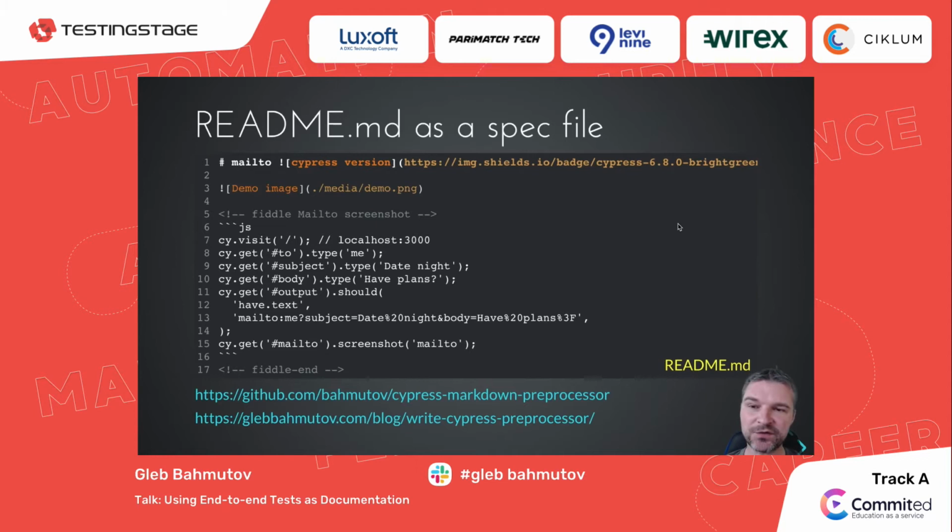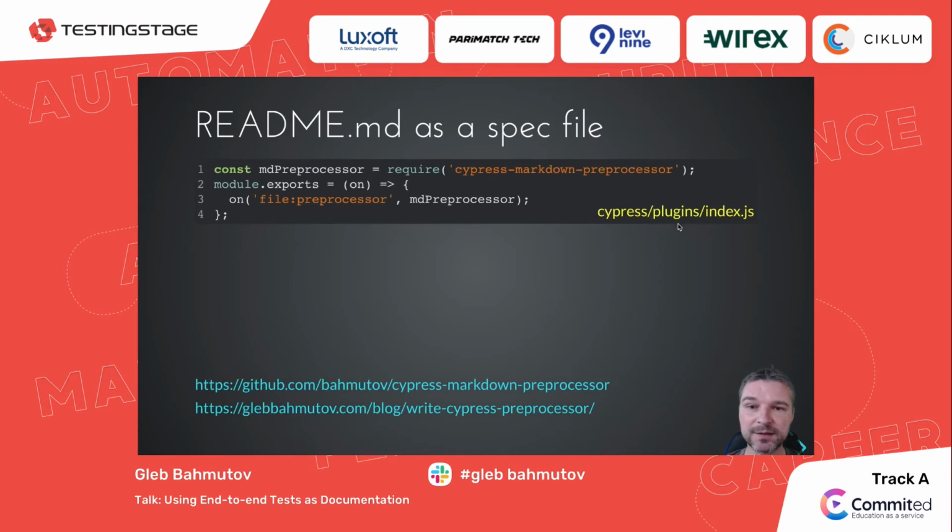Here's where the idea of using Markdown, in this case the README Markdown file, as a spec file comes from. I can take my README Markdown file and I can embed what I call a fiddle. A fiddle usually means like a code sandbox, a playground, some piece of code that's embedded somewhere else. So the fiddle is a comment, and inside there is a JavaScript code block. And notice that this code block is the test. It's exactly the same test as what we had in spec.js, but now it's actually included in the README file.